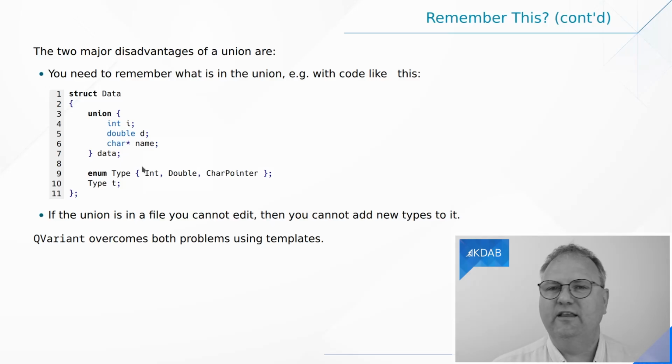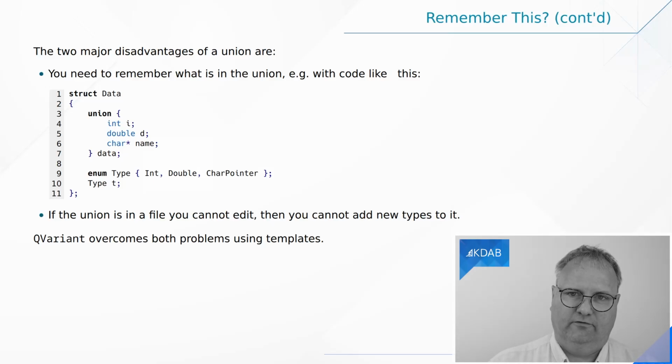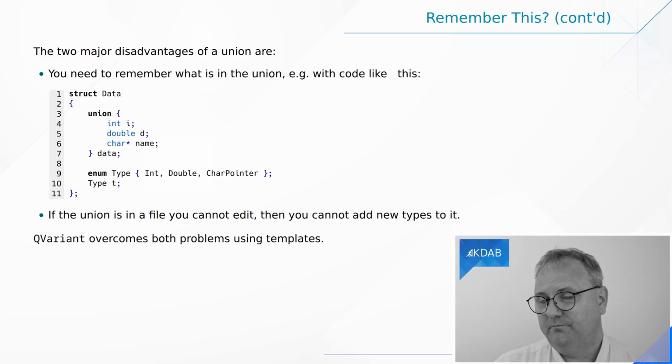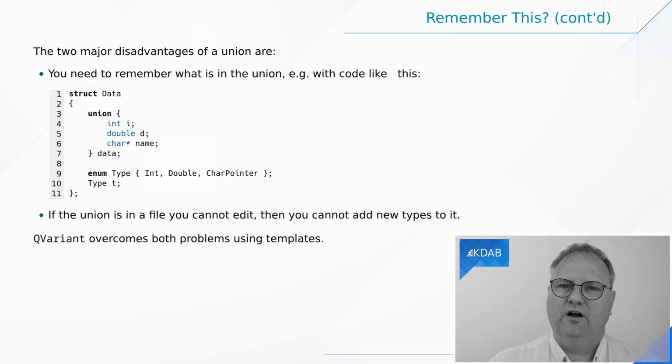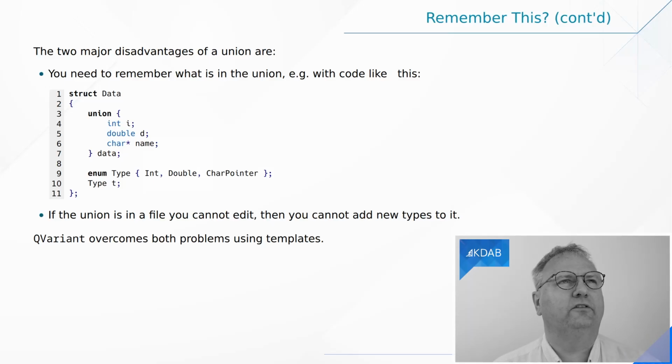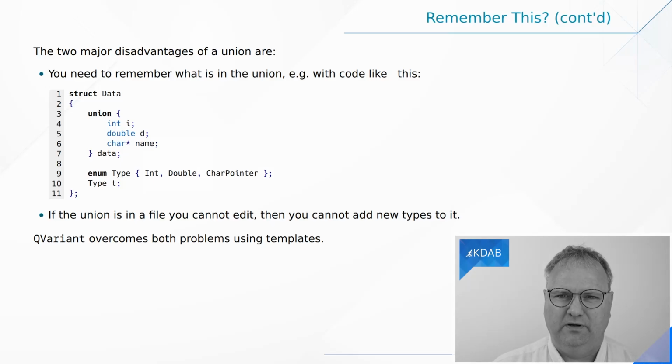If I have a function that can either return an integer, a double, or a char pointer, it would be useful before I go and read that data to know what did it return. Did it return me an integer or a double? Sometimes I know from the context, it might be a method that's called data, and if I ask for the name, then it will return me from the data method the union of a char pointer. And if I ask for h, then return me a union with an integer in, or a double. And now you ask yourself, what a weird API is that? Why not just have name and h be the methods?